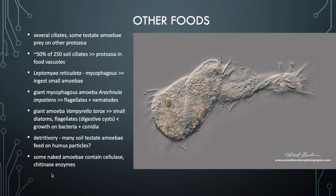So there are various ways in which soil protists feed, and we can no longer accept them being only bacterivorous, as is often thought or explained in soil food webs. This is extremely important because all the different food sources that they can consume contribute greatly to a very varied nutrient cycle within the ecosystem, as a result of these guys being present and being able to decompose and cycle nutrients that otherwise would not be cycled unless these different feeding systems exist within the soil